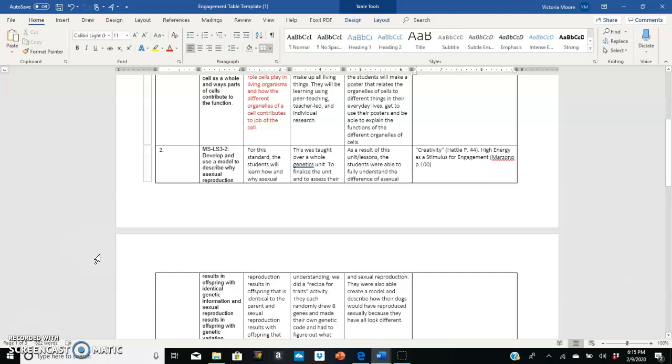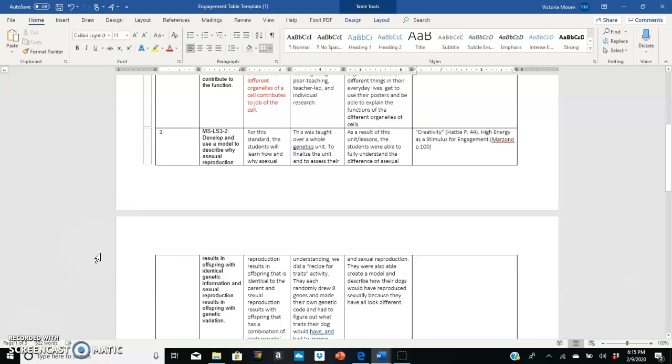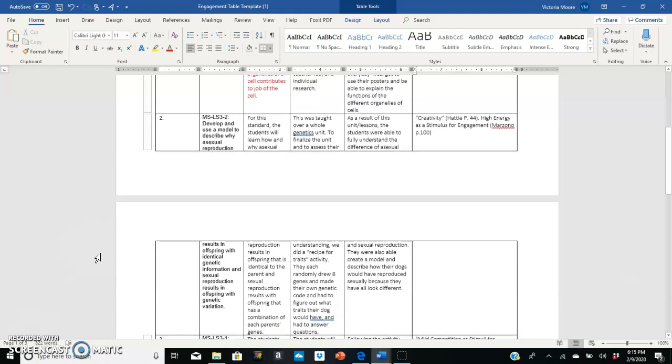And then the second one I did was MS-LS 3-2: develop and use a model to describe why asexual reproduction results in offspring with identical genetic information and sexual reproduction results in offspring with genetic variation. For this one, it was again taught over a whole genetics unit, and the lesson that I'm focusing on is one we used to finalize it, called the recipe for traits. And basically, the students just drew